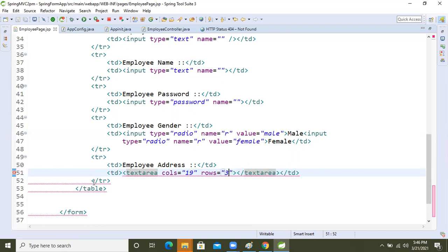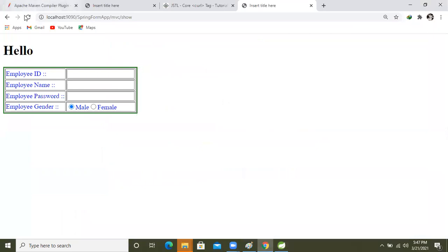Okay, so here what I'm going to do now... why is it showing the error here? Text area columns. Okay, no problem, leave it. If it's showing like this, no issue. This is the JSP page, don't worry about that. Now let's refresh it. I'm refreshing. See here, we got it, right? But the size is a little bit off.